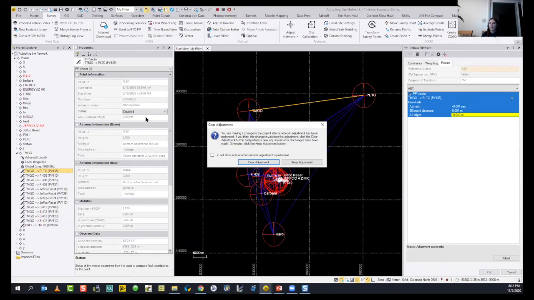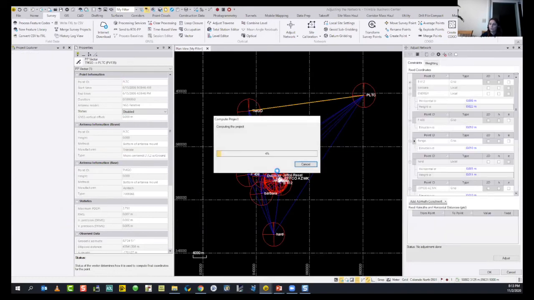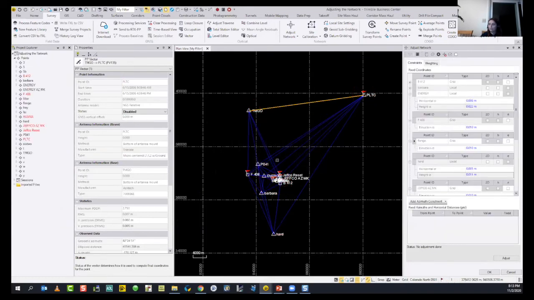Since we already adjusted our network, it's asking me if I want to keep the adjustment or clear the adjustment. I can't keep the adjustment while I'm eliminating one of the vectors because this also includes calculations of the reference factor and the chi-square test. So I can clear the adjustment. It's gone.